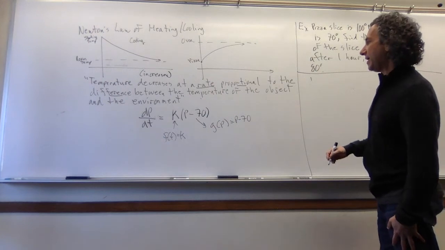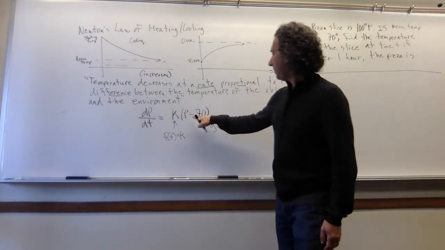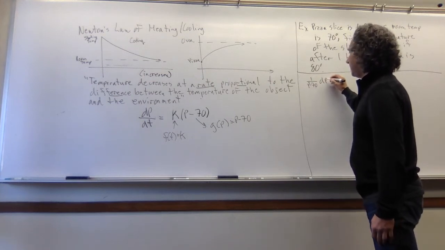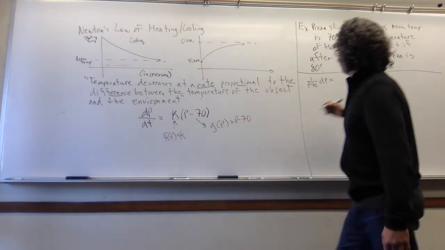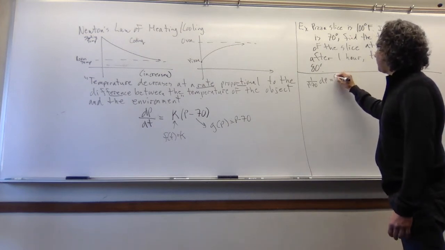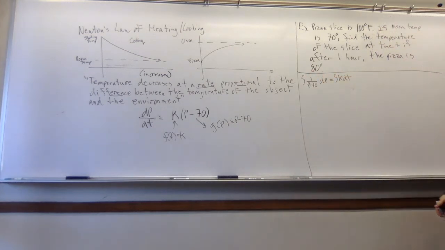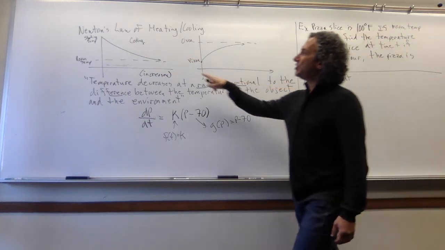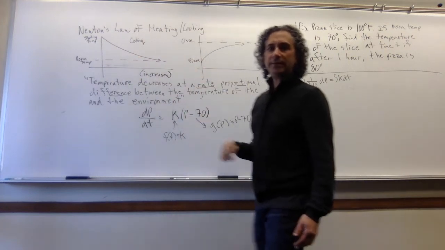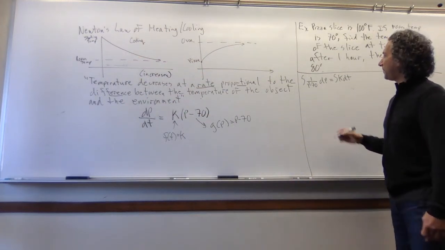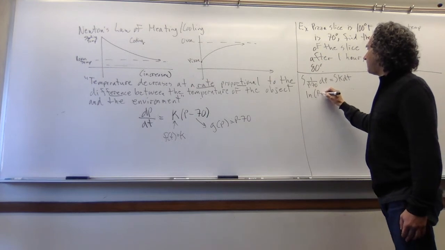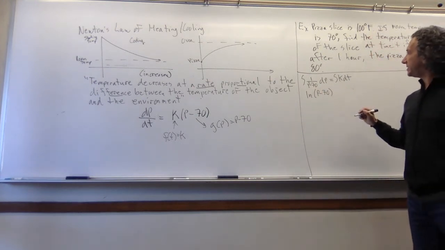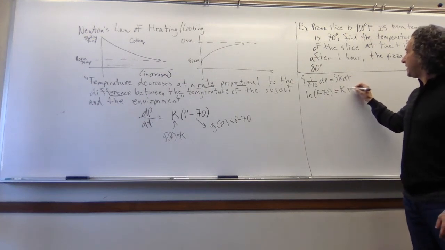So we then have that, let's see, I want to put my p stuff to one side. So 1 over p minus 70 dp. I'm going to put my t stuff to the other side equals k dt. And then I want to integrate. Once again, P is bigger than 70. We're making that assumption in this model so that we don't divide by 0. That's why I wrote the horizontal asymptote there. So again, ln of P minus 70, and I don't need my absolute value there because, again, P is bigger than 70. And that equals K T plus C.